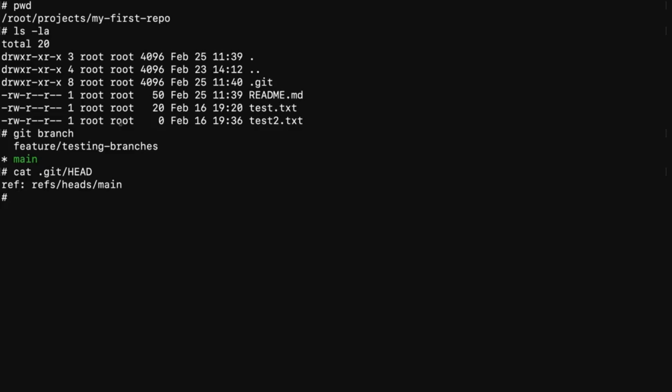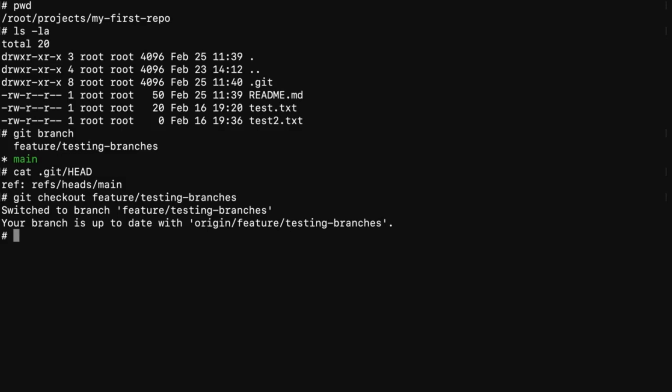If I change my branch to the feature/testing branch, I use the git checkout command: git checkout feature/testing. I then go to my HEAD file inside the .git folder by typing cat .git/HEAD. The ref is now pointing to the feature/testing branch, namely refs/heads/feature/testing. Notice that my branch is up to date with origin/feature/testing. I'll go back into my main branch by typing git checkout main and then check the reference file